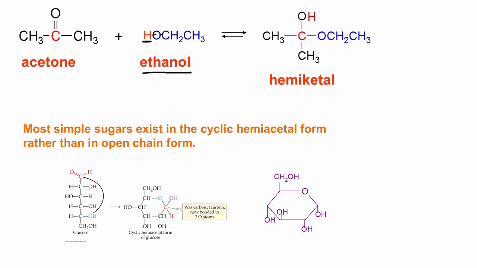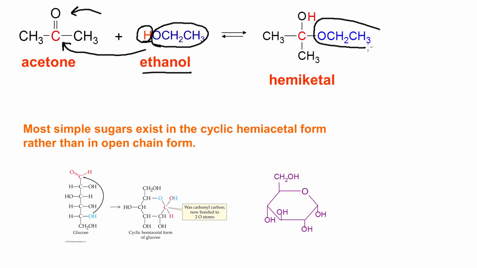All the electrons will be left with the oxygen, so we just end up with a hydrogen ion, and that will bond to the oxygen, and then the alkoxide group, remember that's going to be negatively charged, will bond to the carbon. So we end up with this, there's the alkoxide group that added, this is the hydrogen, and